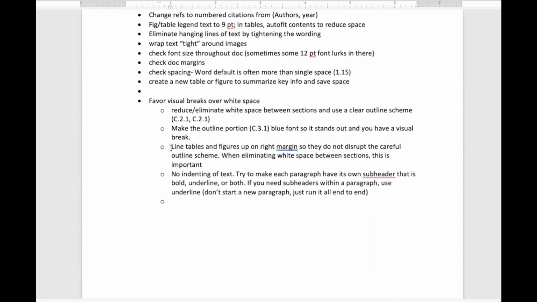Personal preference, this doesn't save space, but I do find it easier to read. If you line your tables and figures up on the right-hand margin, I find that a lot easier. And don't indent your text. I don't indent when there are bullets. I don't indent when I'm starting a paragraph. I line everything up flush against the left margin and use an outline system to help keep clear about which